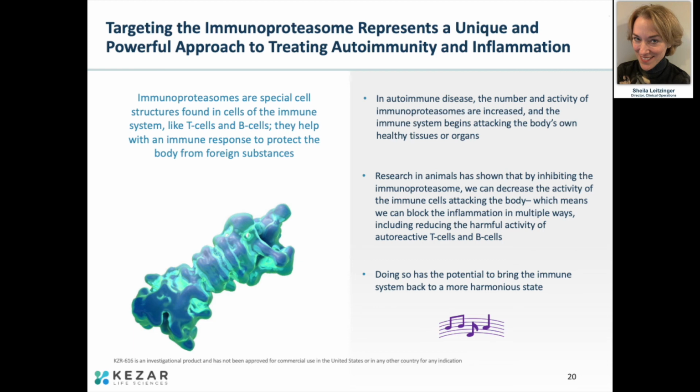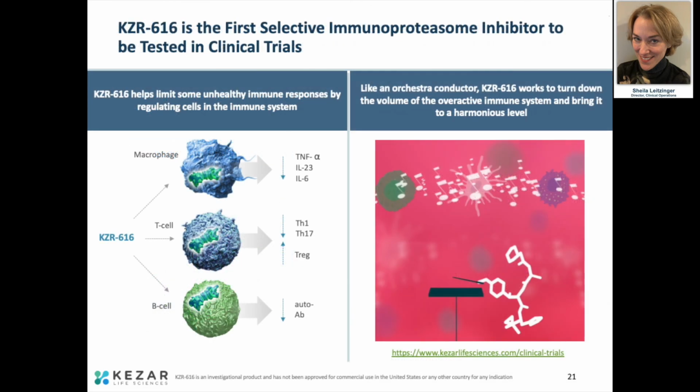In autoimmune diseases, immune cells in that orchestra start playing too loudly. KZR616 has the potential to bring down the volume of the immune system to a harmonious level. KZR616 is the first selective immunoproteasome inhibitor that is currently in clinical trials for severe autoimmune diseases such as lupus, but we're also studying it in polymyositis and dermatomyositis. Since the immunoproteasomes are expressed only on cells of the immune system, inhibiting the immunoproteasome with KZR616 may help turn down the volume of an overactive immune response. So if you'd like to learn more about this, we actually have a video on how it may work on our website at